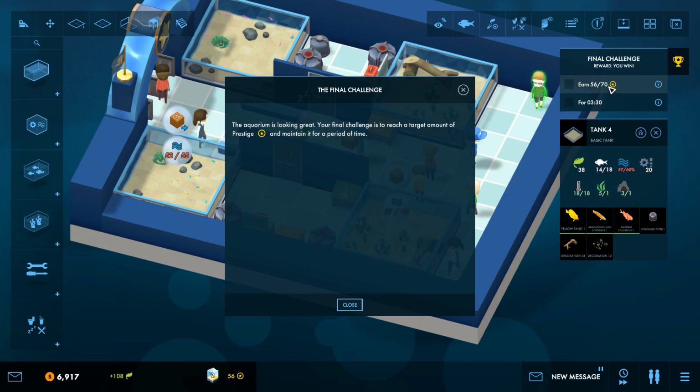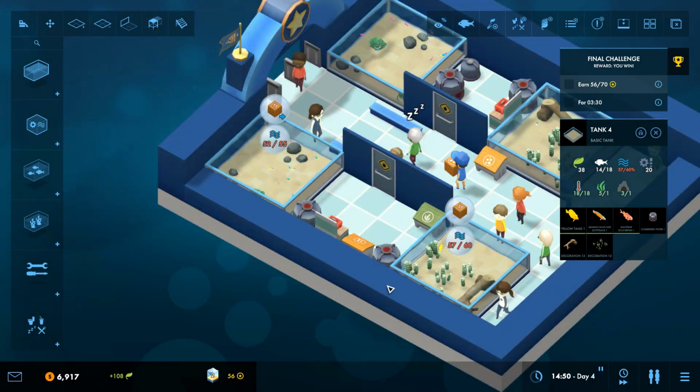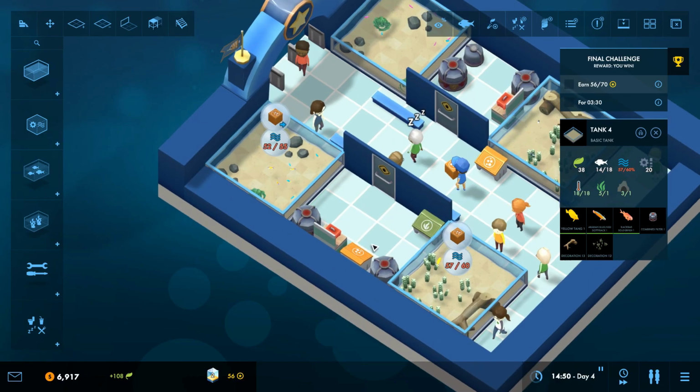We need 70 prestige points to win the level, and we got 56, so we're pretty close. Prestige points tend to decrease with time, so we need to make sure we keep the aquarium interesting. We need to make sure all the fish are happy and that we have a good number and variety of fish. First of all, we need to sort these 2 tanks because the water quality is decreasing,